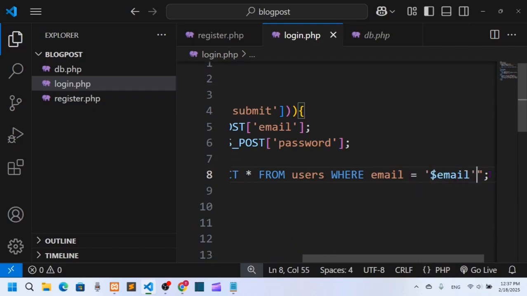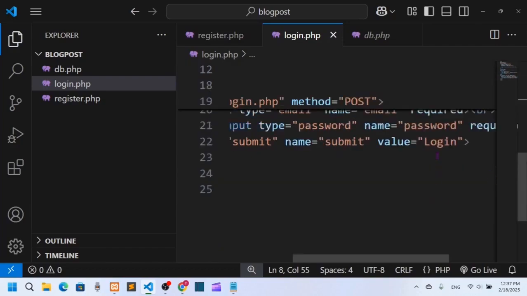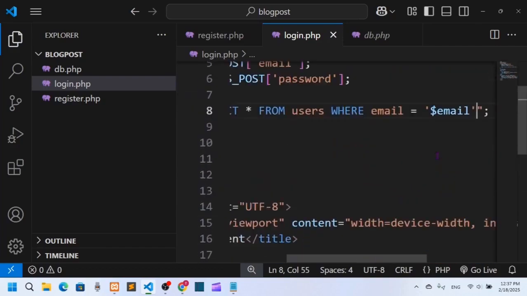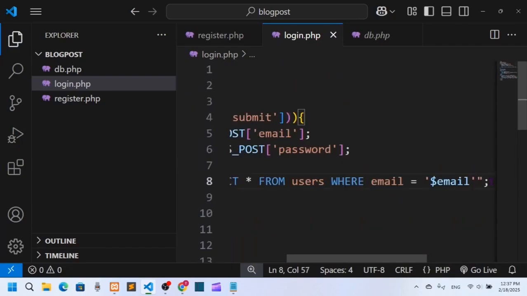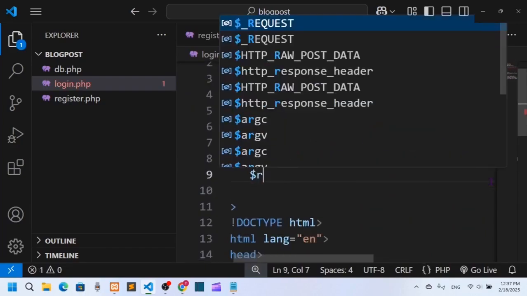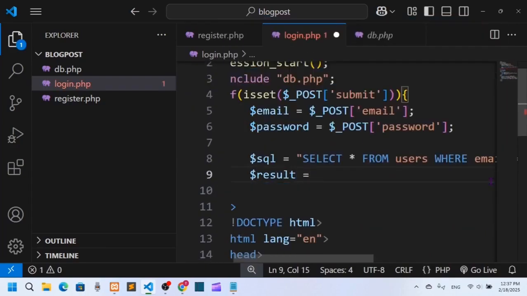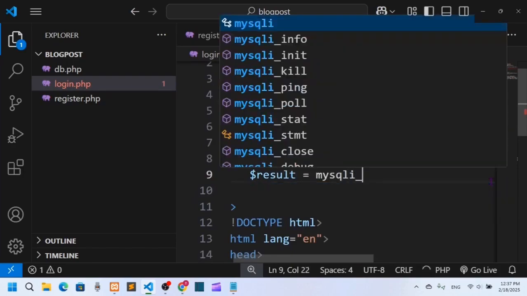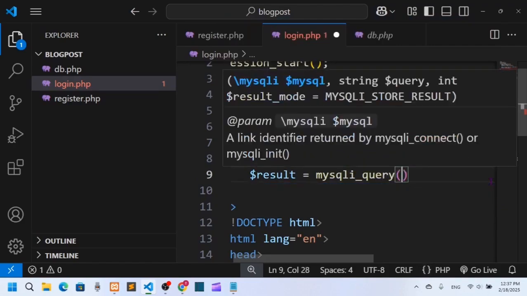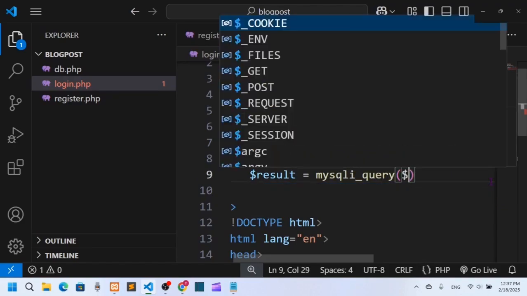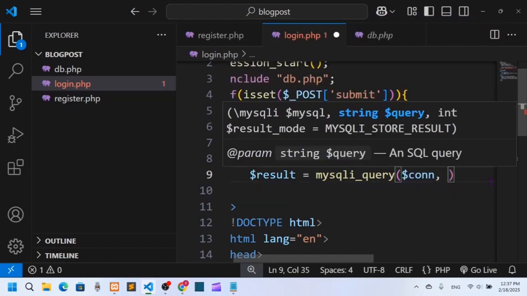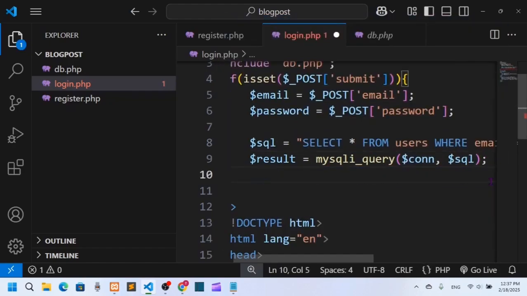Now I want to execute the query, right? So we'll set a variable here, result, and execute the query. We'll call the function mysqli_query, and here we'll pass two parameters, one for the connection, one for the query. So we have done. Now we will add a condition that if result is not done,